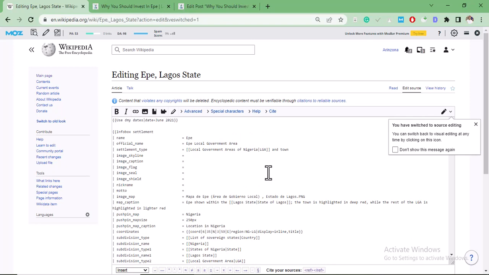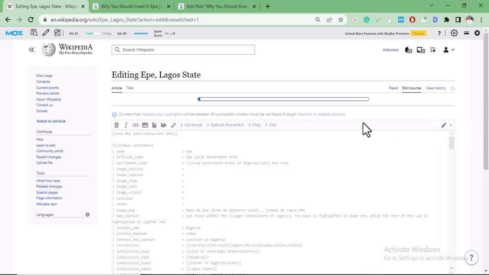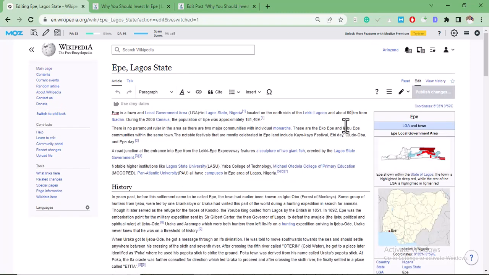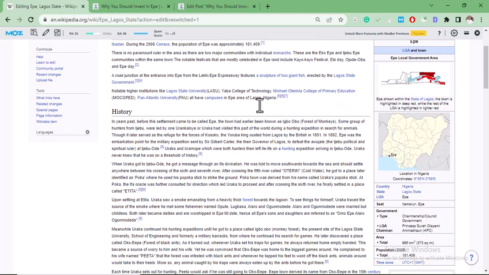And sometimes when you press edit, it brings out this. So this is where you can change. You can click here and change it to visual editing. So I'll be using visual editing to edit this page. So I'm going to be making some changes. I'm going to be adding some